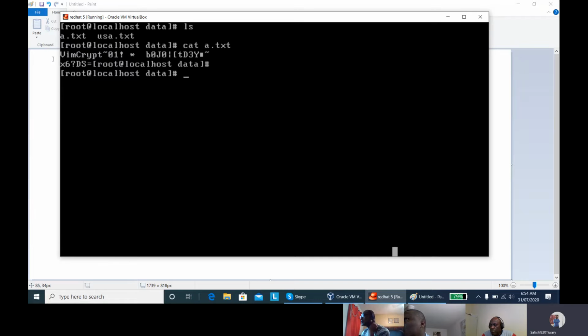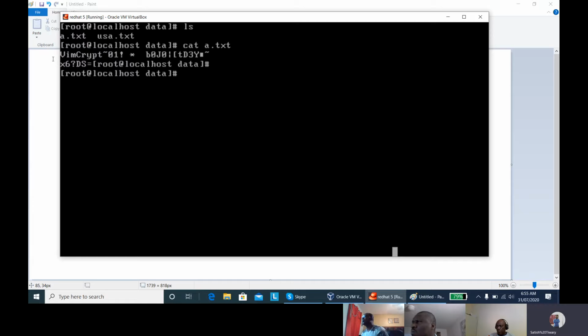So always remember, this is symmetric cryptography. Symmetric cryptography means you can open or decrypt this file using the same algorithm and the same password which has been used for encrypting the file.